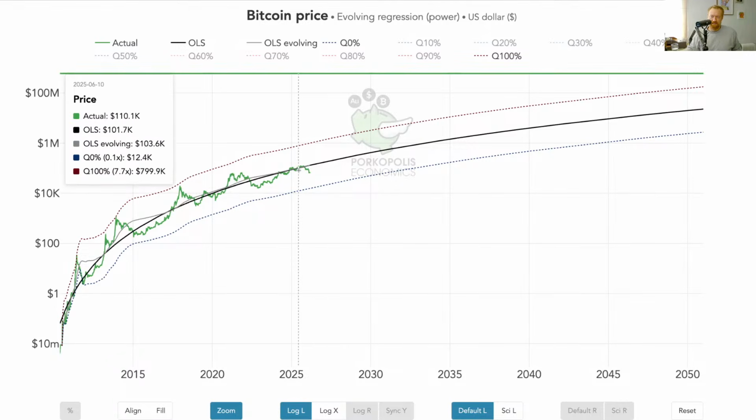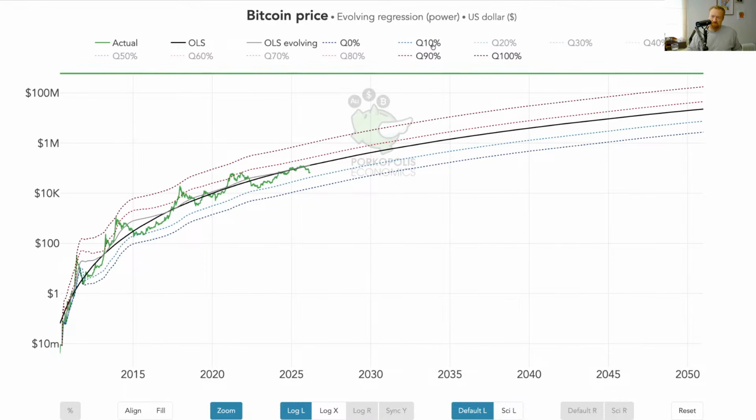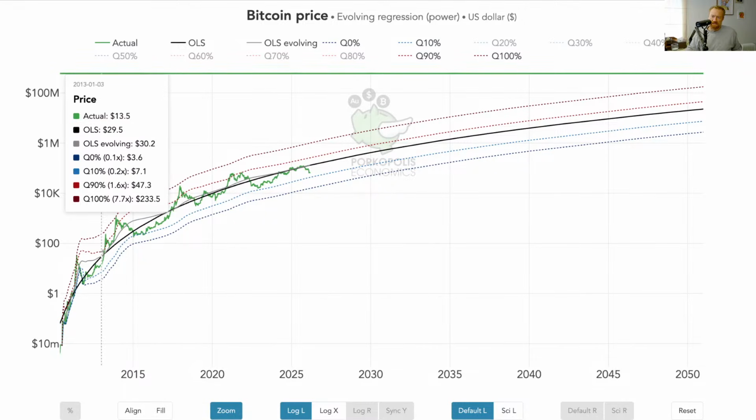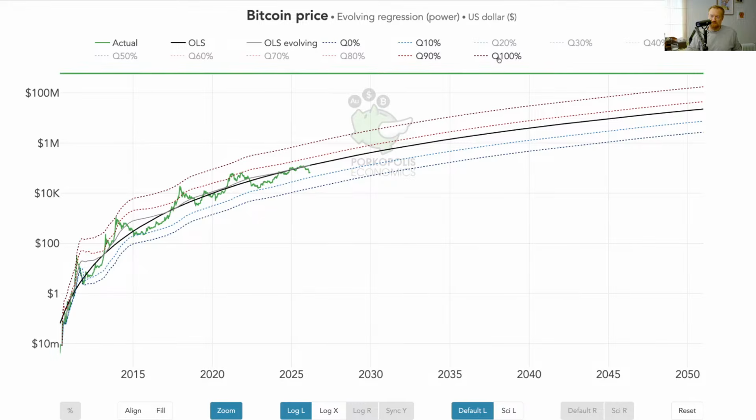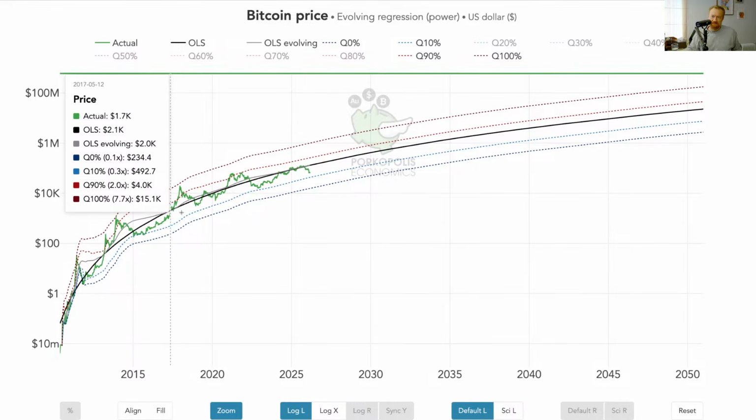We could put 90-10 here, and this is sort of a better guide. But even with 90-10, notice how even in 2022, we didn't hit the 10 percentile, which would have been a 70% discount at $14,000. We never hit that. We only got to $17,000, overvalued at $16,000 on Joe Rogan.